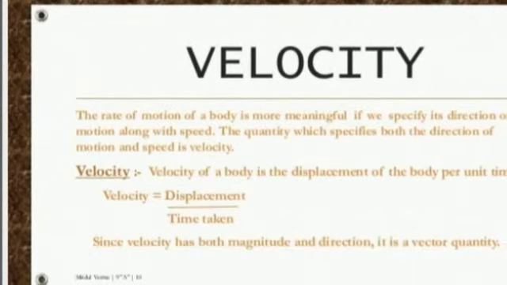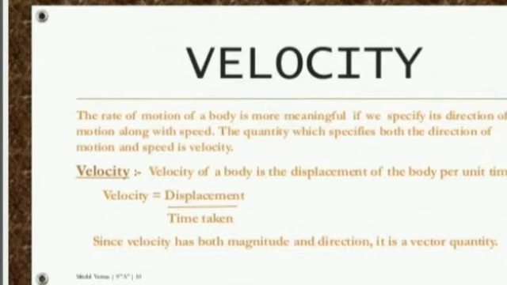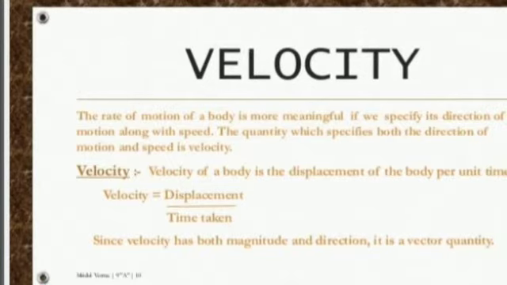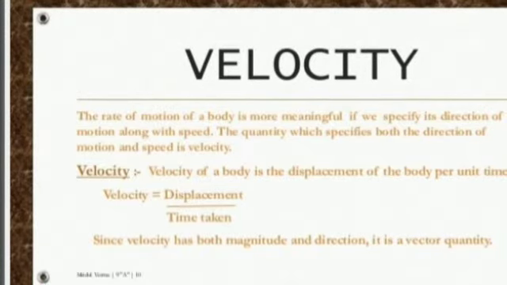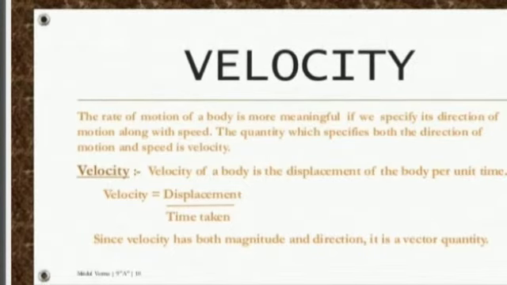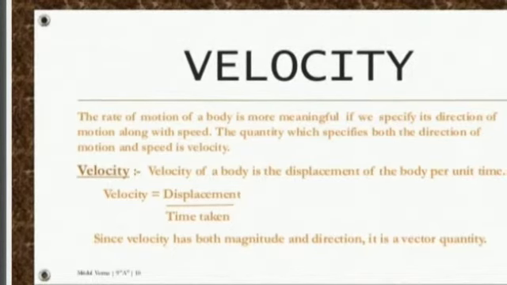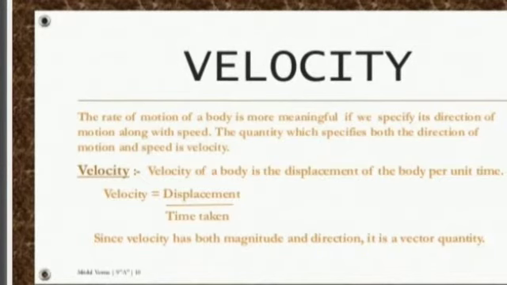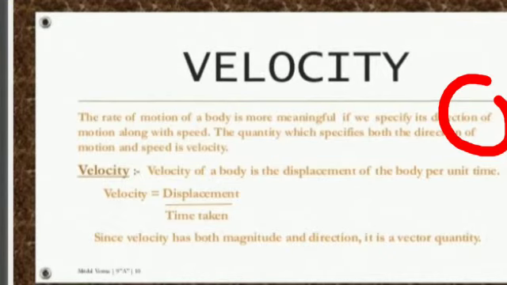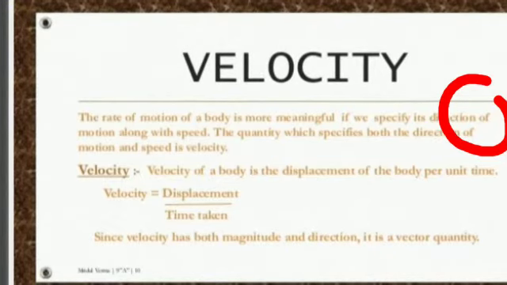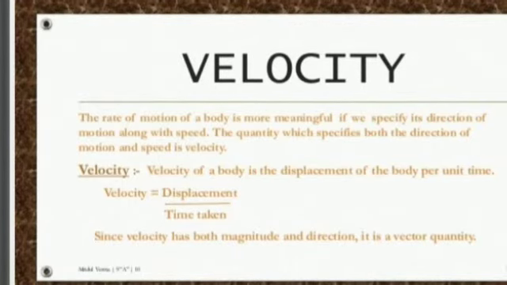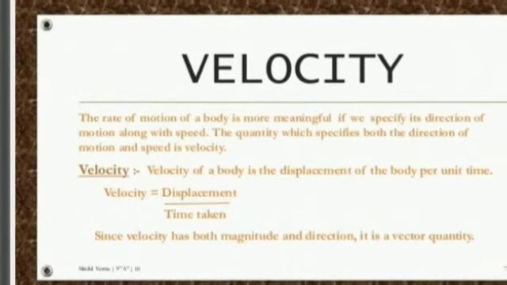So there I said speed equals distance by time, here velocity equals displacement by time. See here, I am talking about velocity. The first sentence what I gave here, particular direction: distance will not give any direction here. That's why for the velocity formula we use displacement by time taken. Displacement has a particular direction, always combining initial to final position. We should draw a line, a particular direction.